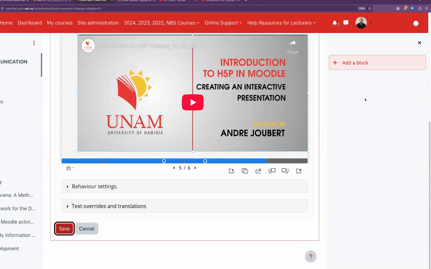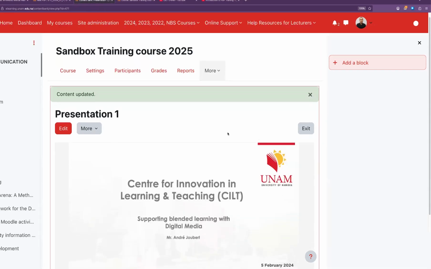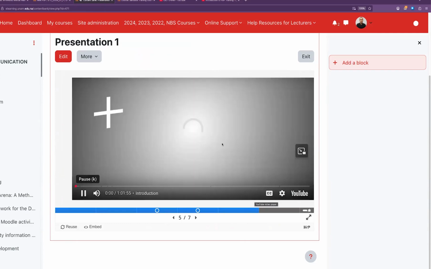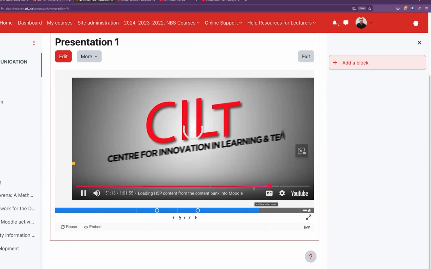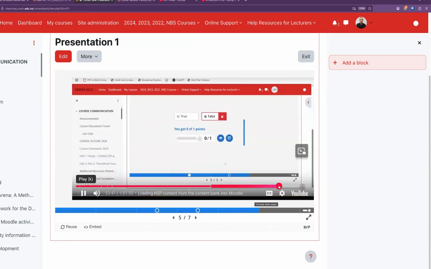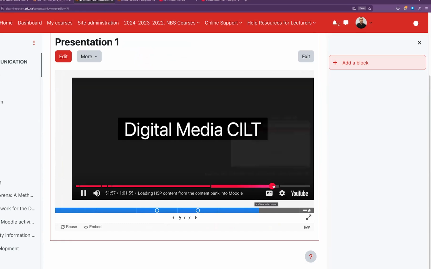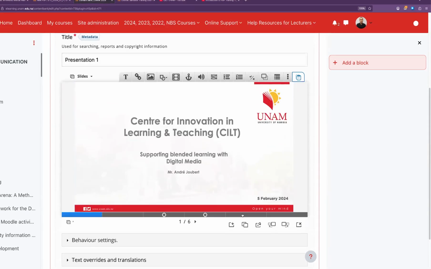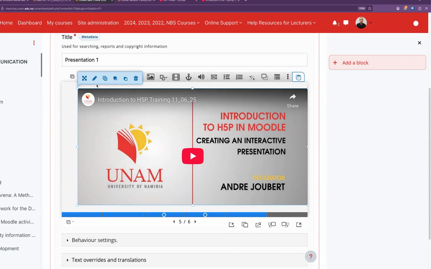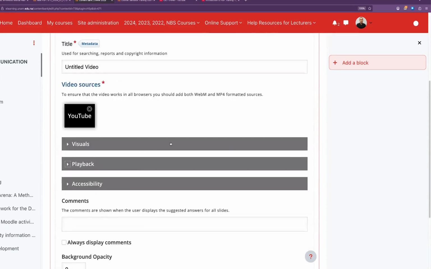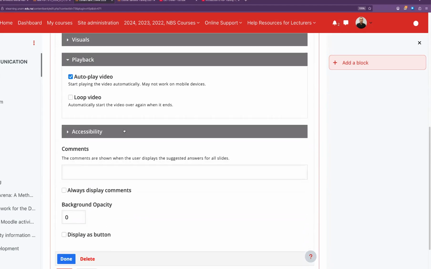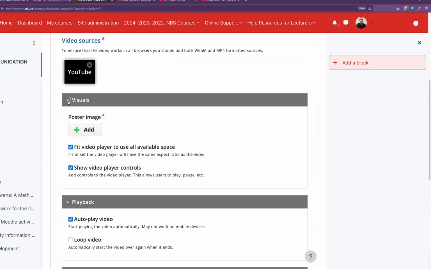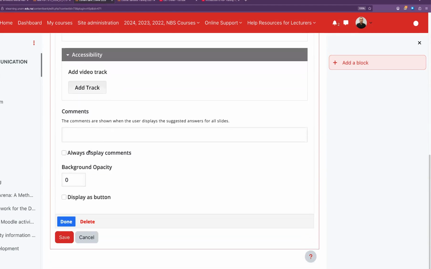Let's say save. And now if I go to the video slider and press play, it actually jumped. Okay, but at least it's got the whole section here that you can actually see. No, that's not what I wanted. Edit. Let's go there, select this video, edit this, say playback, auto playback, accessibility, track, visual, add. So funny because it's actually supposed to run with that